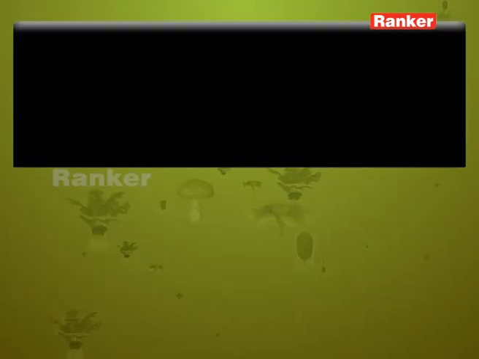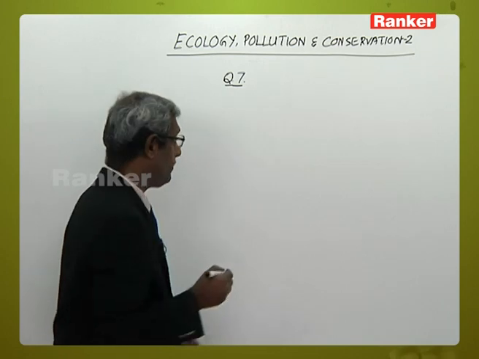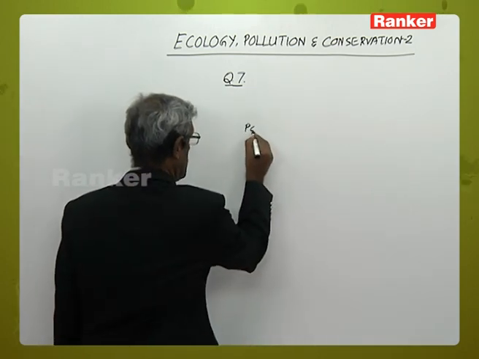Question number 7. Population density of terrestrial organisms is measured in terms of individuals per A. meter cube, B. meter to the power of 4, C. meter, D. meter square. Whenever we are dealing with population density,